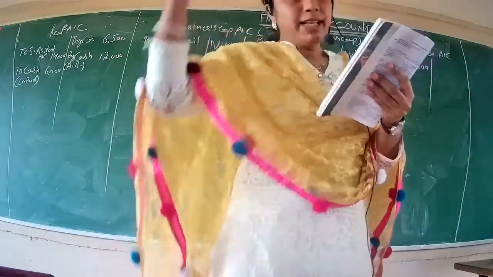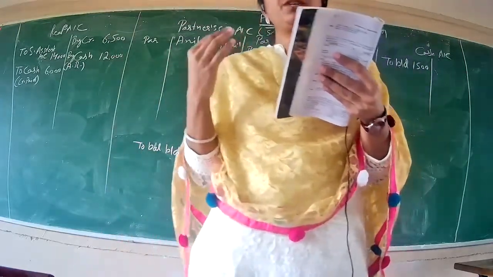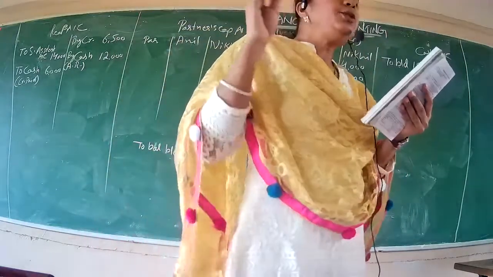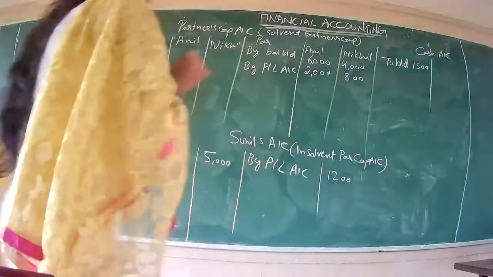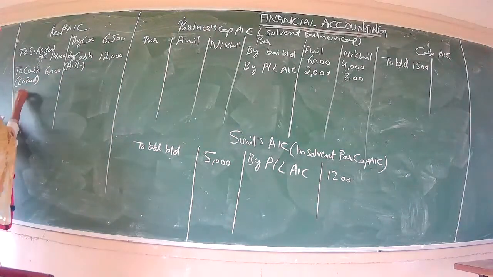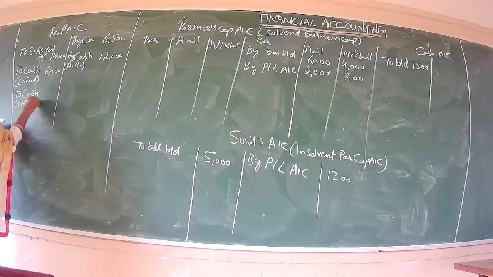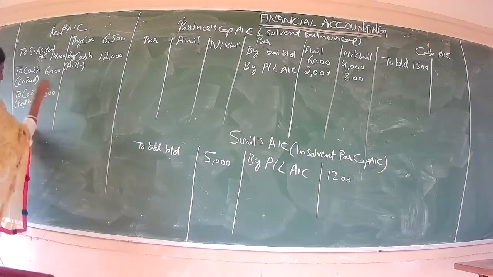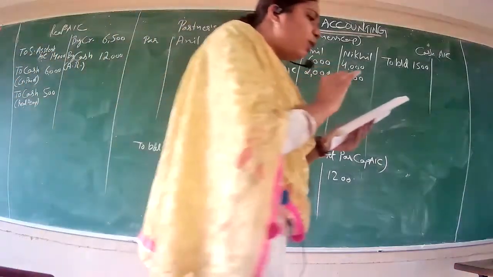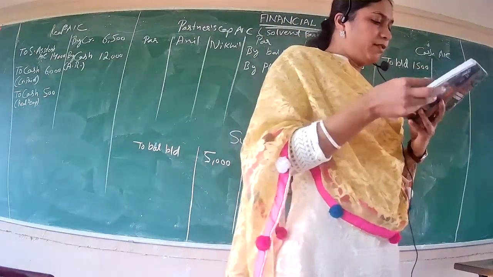Okay. In the next steps, if you check, there is one more line I have given you. That is, if you have realization expense in the question, then you have to pay this also. So we have to pay this, that means debit side. So again, we are going to pay in cash. So write to cash account in bracket realization expense. How much we have paid? We have paid 500. Fine. So till here, I hope all the entries are over. Whatever amount was given in the question, all amount we have taken.